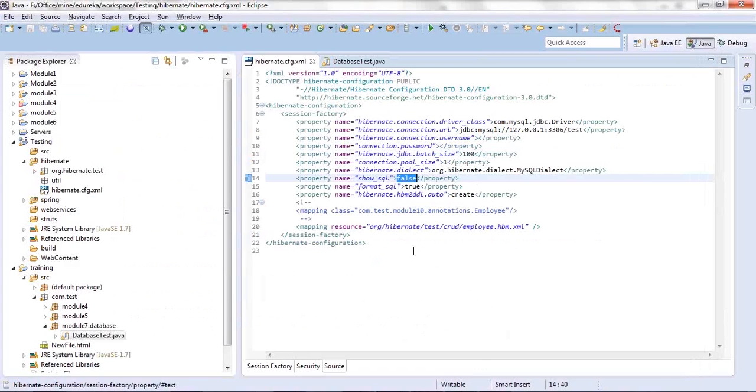Normally in a development environment we set it true to look at the SQL statements, if we find something going wrong or something not as per the expected result. Then this is the format property to format the SQL statements. I'll show you this. Then there is an important property called